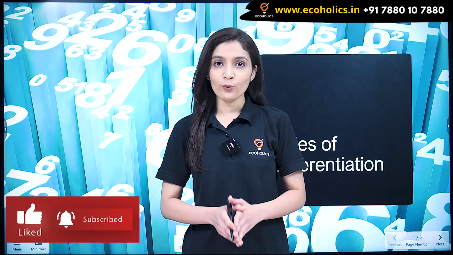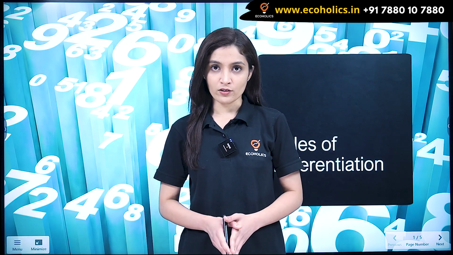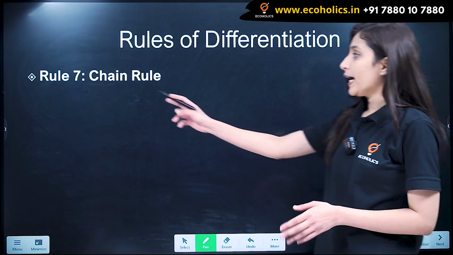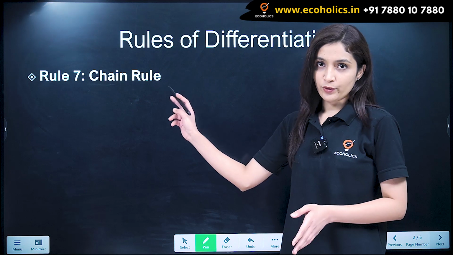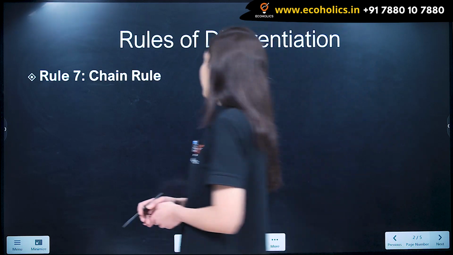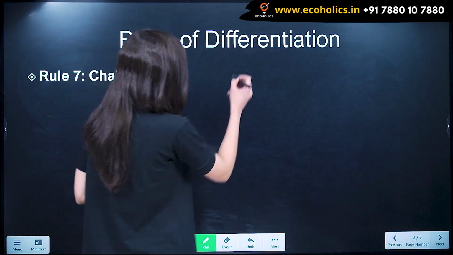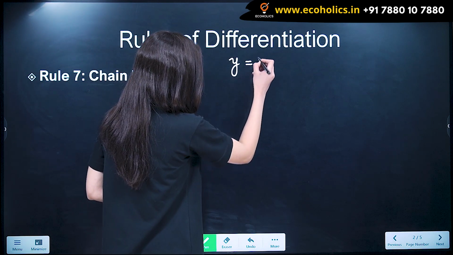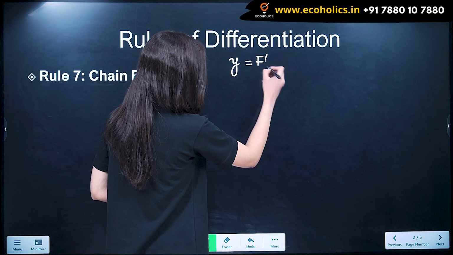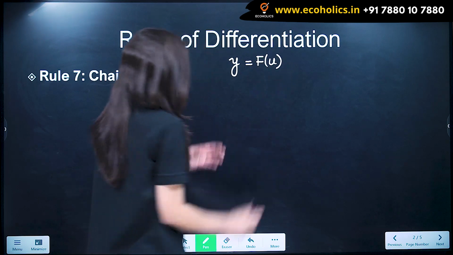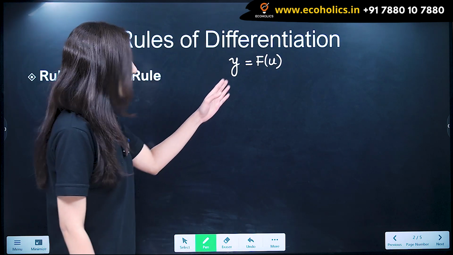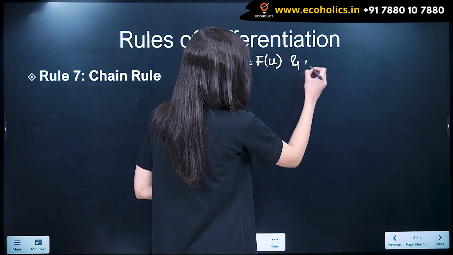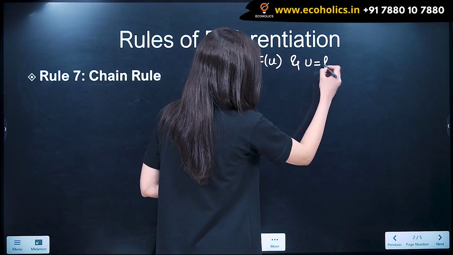In this video, we'll be discussing the chain rule of differentiation. So, we have rule number 7, the chain rule of differentiation. What does the chain rule of differentiation state? It states that when y is a function of u, and u is a function of x,